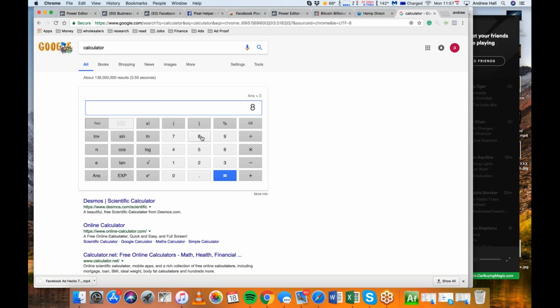So if I'm spending 8 cents per link click, and it takes 1 out of 5 people to get a link click, so times 5 people, because it's going to take 5 people that get the link click to actually opt in, it's going to cost me 40 cents an email, ideally.